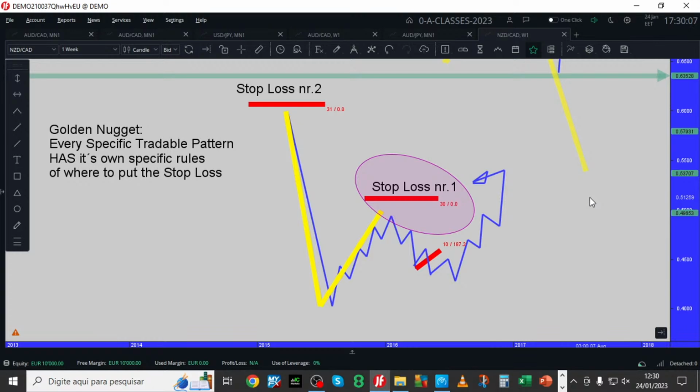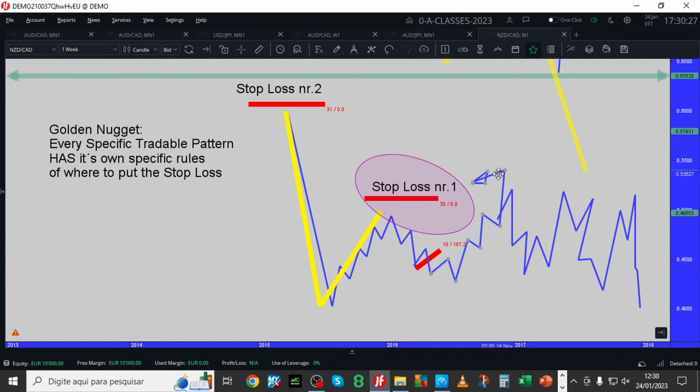Why not? Because the pattern is still there. I want a 20 pip stop, doesn't work. I want a $50 stop, doesn't work. Because once the market goes up and down and you re-enter and you get stopped out 5 times and you re-enter 5 times,